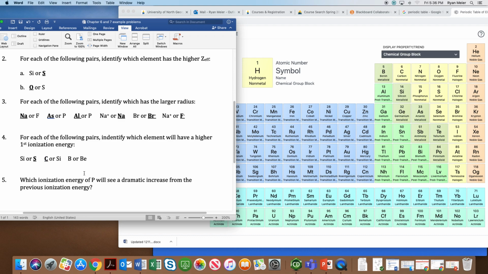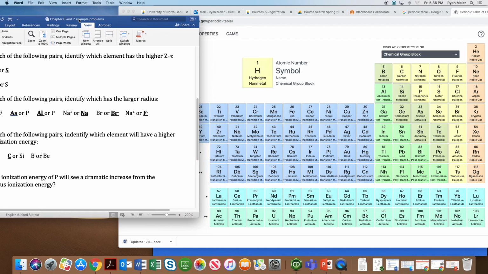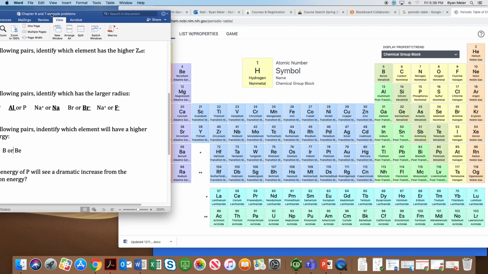And then we have boron and beryllium. Remember, these ionization energy trends aren't always super straightforward. I think most of them are going to follow the general trend, but occasionally we have to be on the lookout whenever we're going from group 2 to group 13, because remember we said group 2 has a full s shell. They're going to have higher than normal ionization energies because they don't want to break up that full